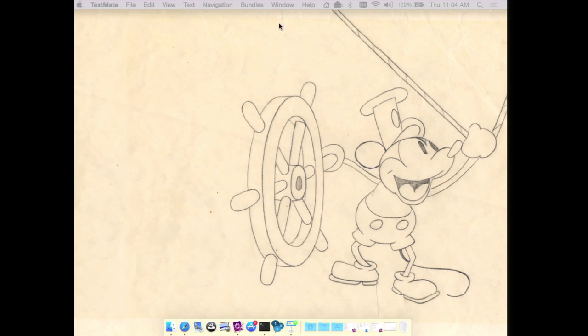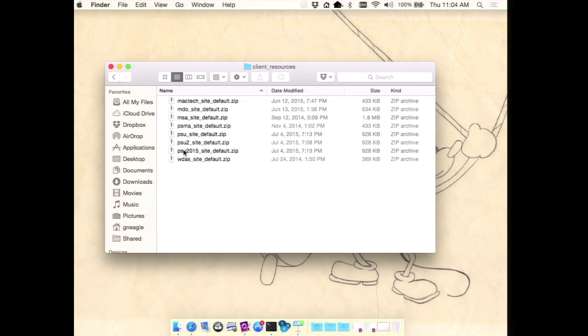And now it's time for the second demo. All right. So I'm going to have to do a fun little bit of stuff here. The customization is stored in a zip archive, and it's looking for one called site default right now. So if I rename this site default, and I